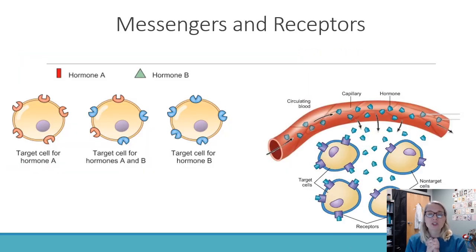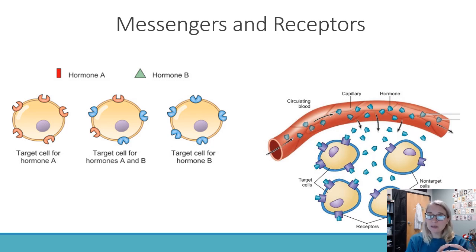So before we jump into focusing more on the endocrine method or the different types of hormones, I wanted to just talk a little bit about the foundational idea of how all of this works. So how do chemical messengers work? Well, we have the messengers themselves. Usually it could be called a hormone or a paracrine factor or a signaling molecule, whatever it happens to be. And then we have the other part to this relationship called the receptor.